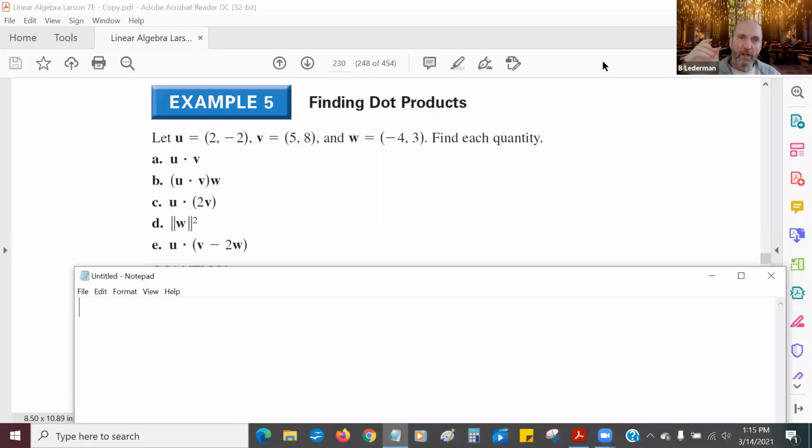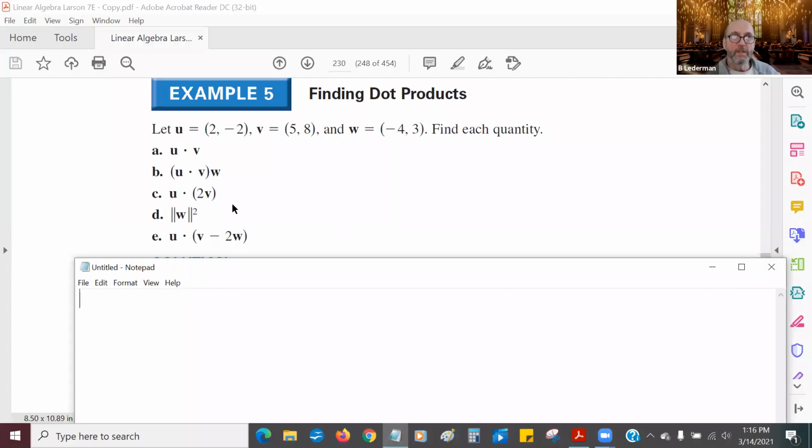What I'd like you to do now is a little exercise. Here's a vector U that's 2, -2, and V is 5, 8, and W is -4, 3. I just want you to find these five guys right here. A is U dot V, B is (U dot V) times W, C is U dot 2V, and D is magnitude of W squared, and